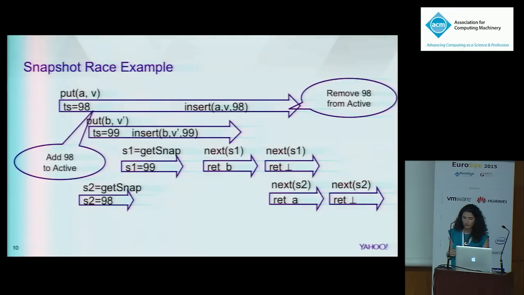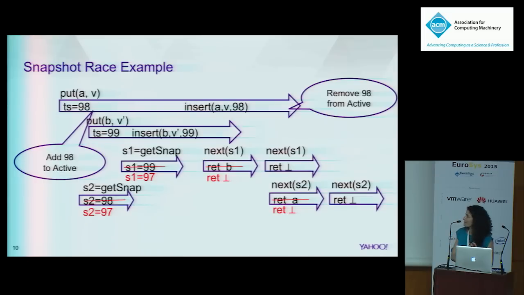In order to avoid it, we manage an active set of pending put operations that have already acquired the timestamp but have not yet written the data to the store. So in our example, the first put operation would add 98 to the active set. Both snapshot operations would see this in the active set and would acquire the maximum timestamp of 97, and therefore they wouldn't see the values written by both put operations, and